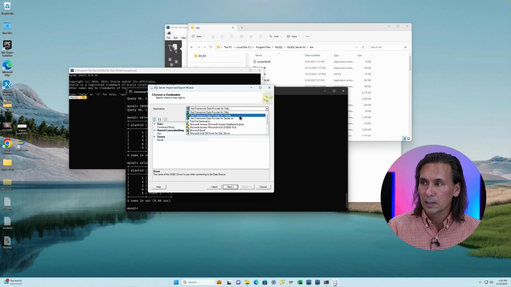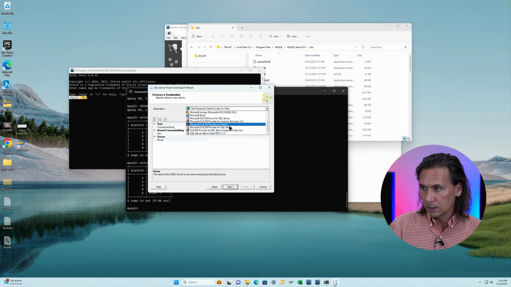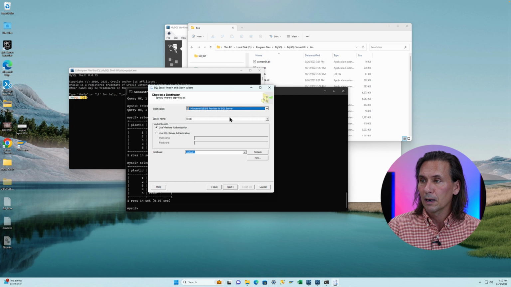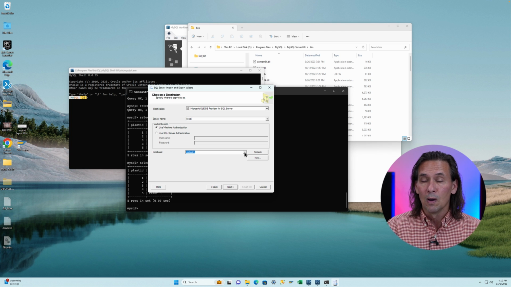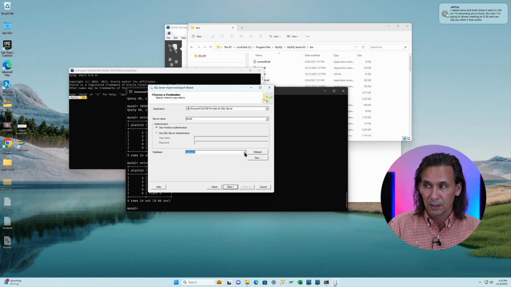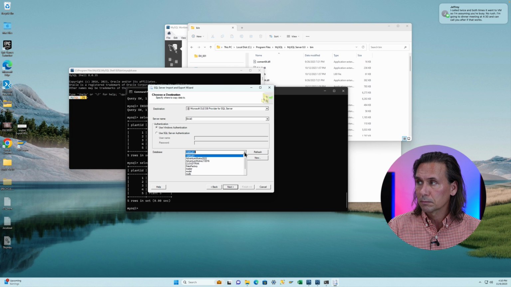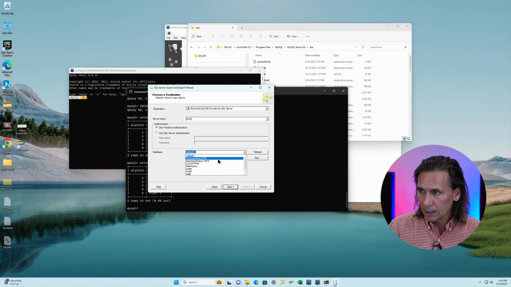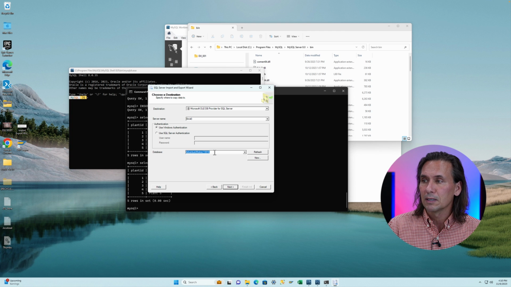Well, I want it to come to my SQL Server, so I'm going to tell it to do that. Let's see, OLEDB provider for SQL Server. All right, and then if I did this one right, if I hit the drop down here, I should see my list of databases, because I have to tell it where I'm going to put this specifically in SQL Server. And so here is my SQL Server and the database I wanted it in, and going to Next,